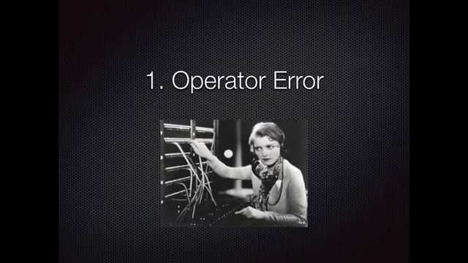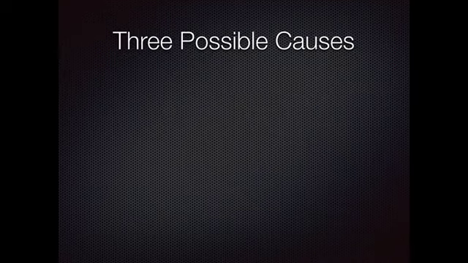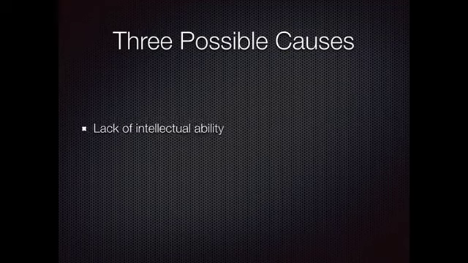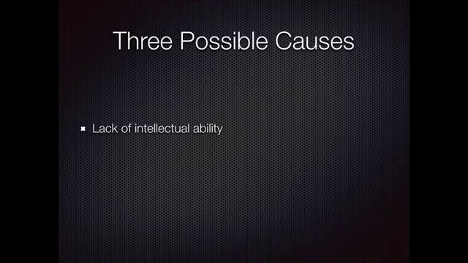We'll look at each of these three possible causes for accidents in turn. So let's start with operator error. There are three possible causes of operator error. The first is a lack of intellectual ability. We mentioned this in chapter 1, that one of the ways in which someone can cause an error, or we can look at the cause of an accident, is because a person simply doesn't have the ability to operate the artifact. So lack of intellectual ability might be someone who is impaired in some way, who doesn't have the required intelligence to operate the artifact that we're using. There may be any number of ways in which one's intellectual ability contributes to an accident.